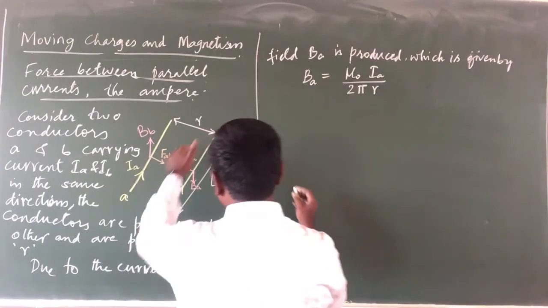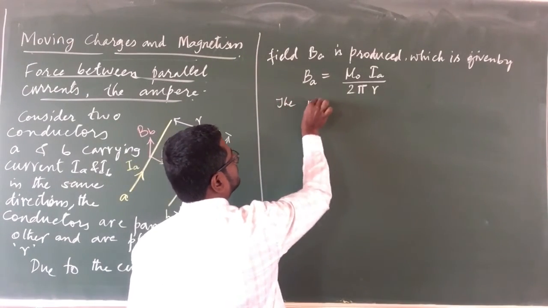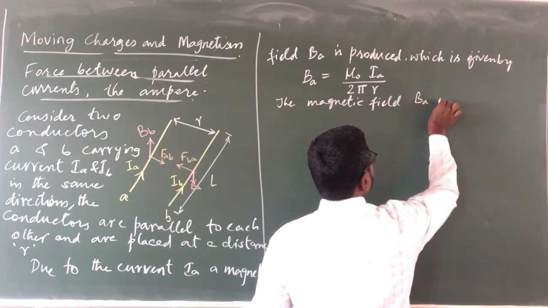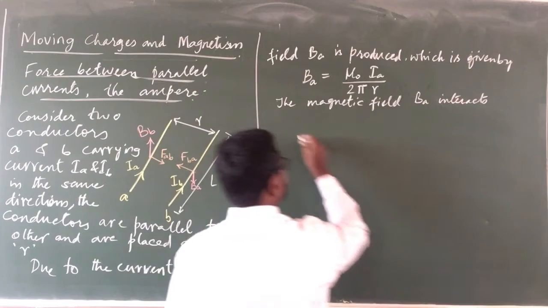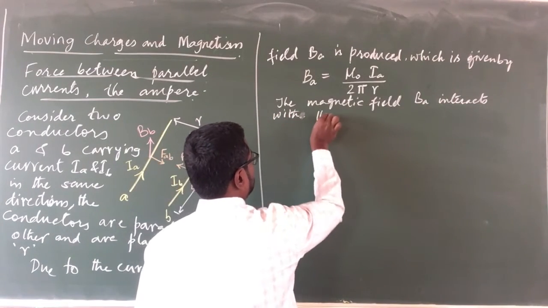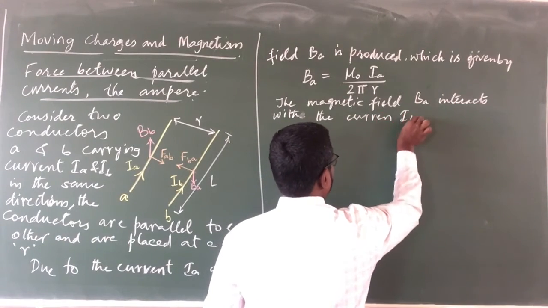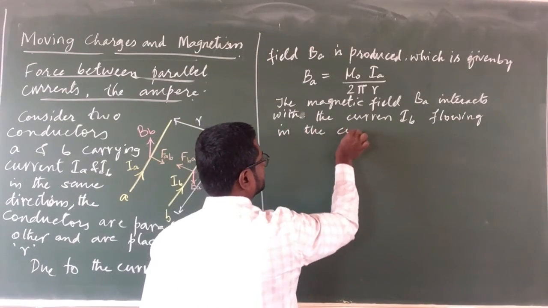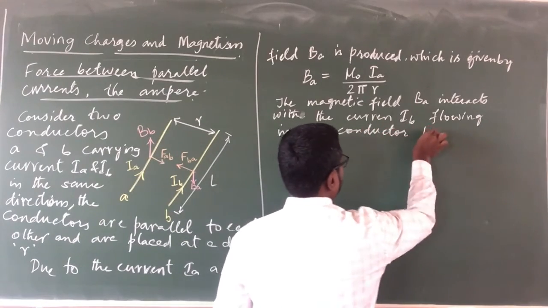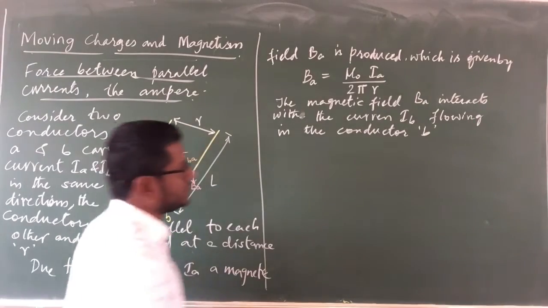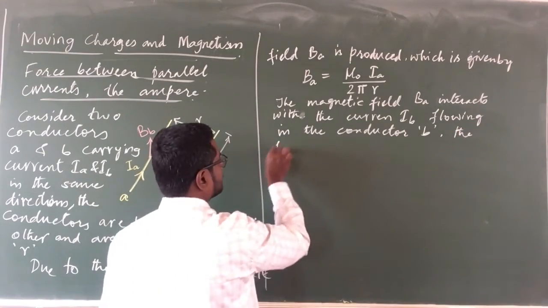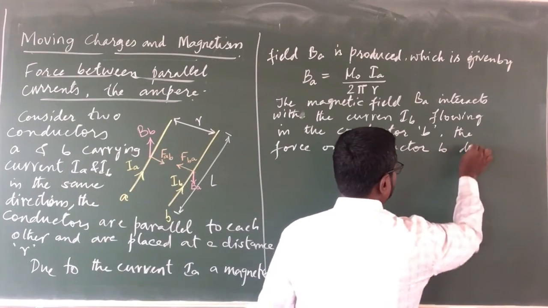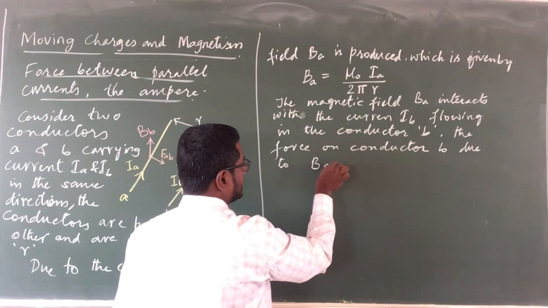Now this magnetic field BA is going to interact with the current IB flowing in conductor B. Now the force on conductor B due to BA is given by